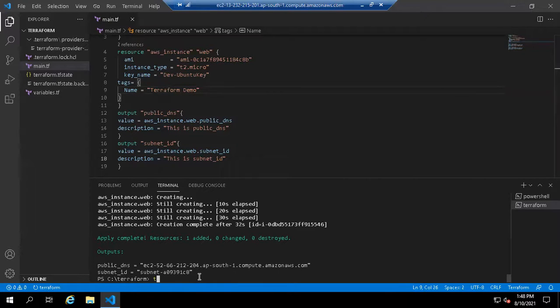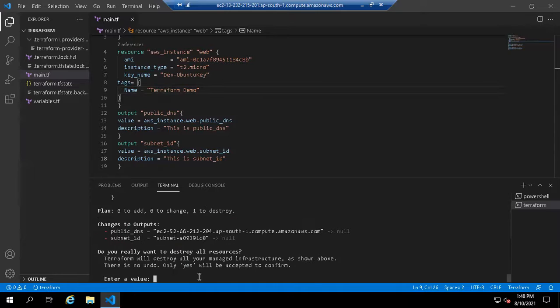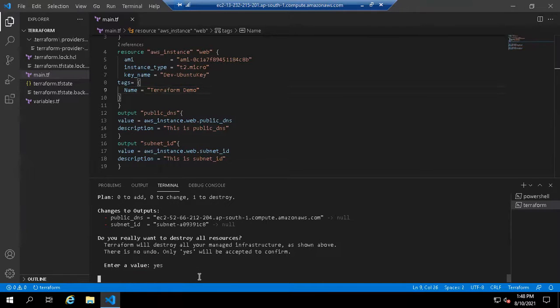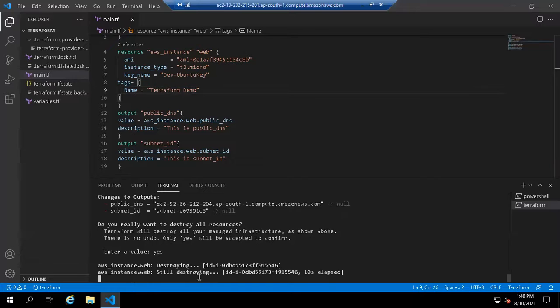So terraform destroy. So yes, it's destroying.